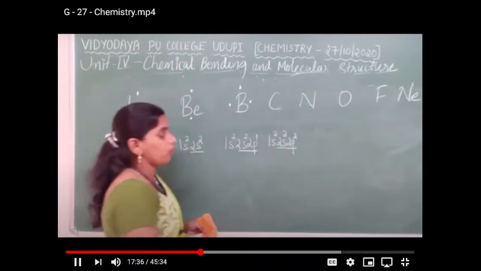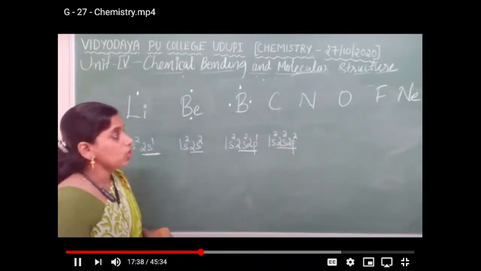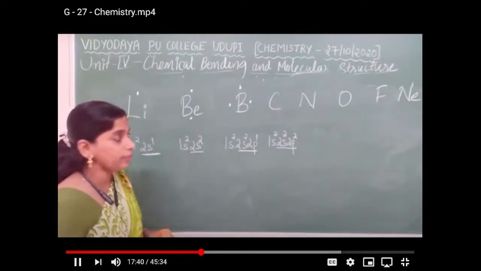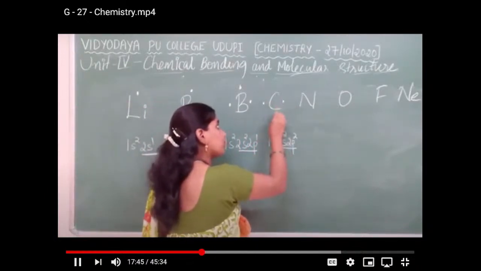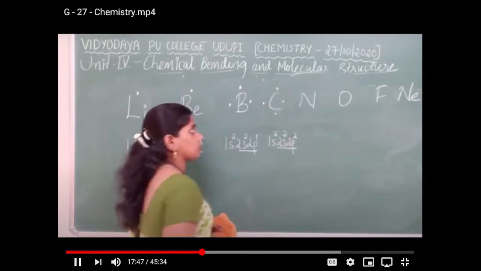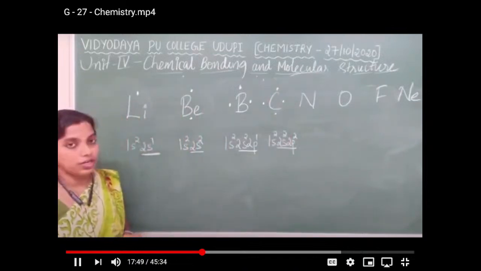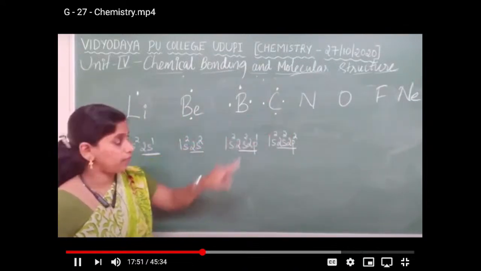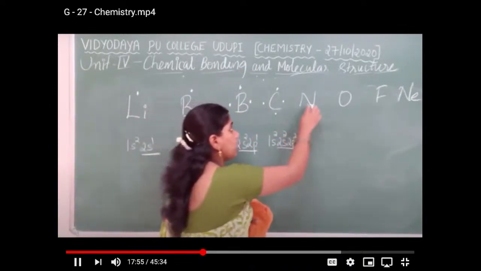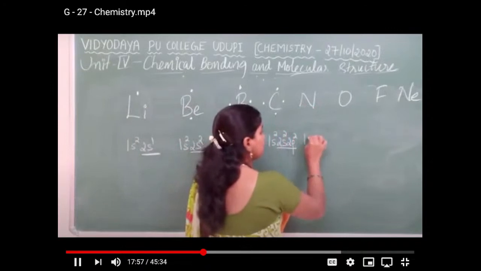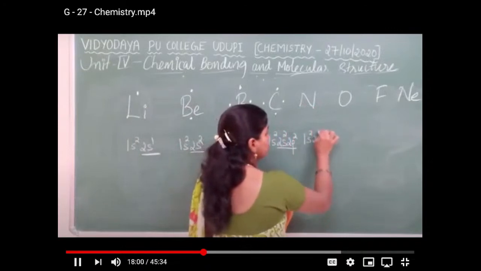There are 4 valence electrons. So the Lewis symbol of carbon is C with 4 dots. Then nitrogen, its atomic number is 7. Electronic configuration 1s2, 2s2